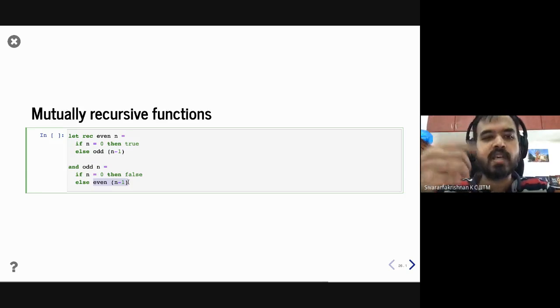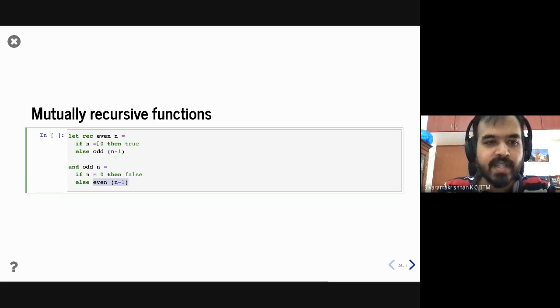And what happens is, if you give a large number, this mutually calls each other, right? And the way you allow this mutual recursion is you start the first function definition with the letrec, right? And any other mutually recursive function, you start with and. So letrec even function, you define the body of the function, and for the subsequent function, you just define it as and odd, and you can define something more, right? The syntax is the first function has to be letrec, then the rest of the subsequent functions in the mutually recursive set of functions will have to use and.